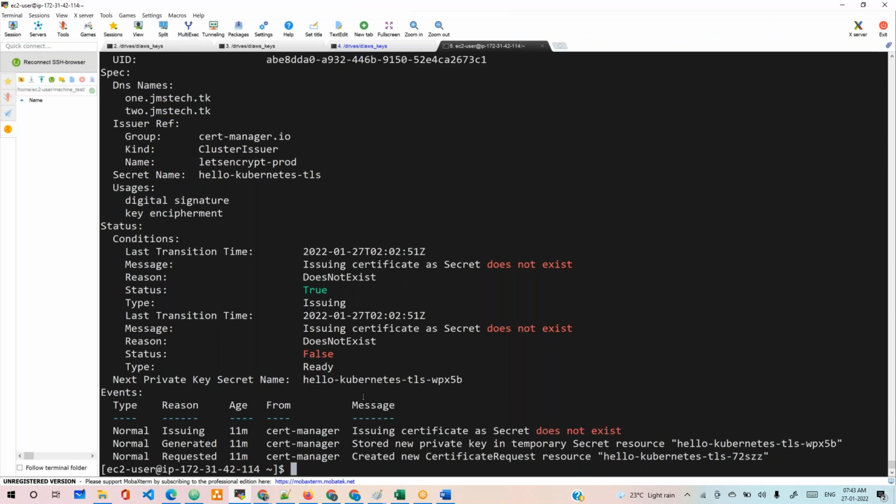It won't take this much time. It requested and created a new certificate resource. Then after that,